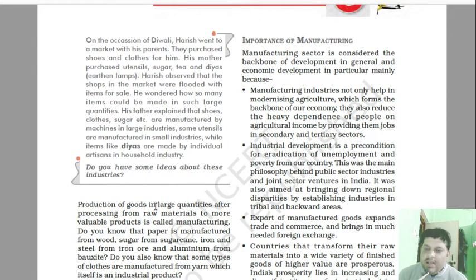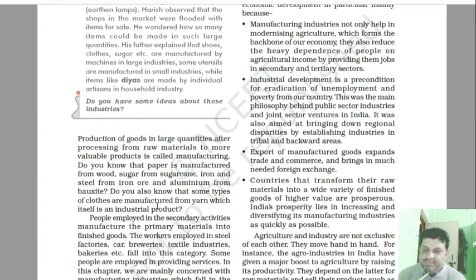It doesn't matter, but the production of goods in large quantities after processing of raw material to more valuable products is called manufacturing. So manufacturing generally refers to the production of goods in large quantities by processing of raw materials. Do you know that paper is manufactured from wood, sugar from sugarcane, iron and steel from iron ore, and